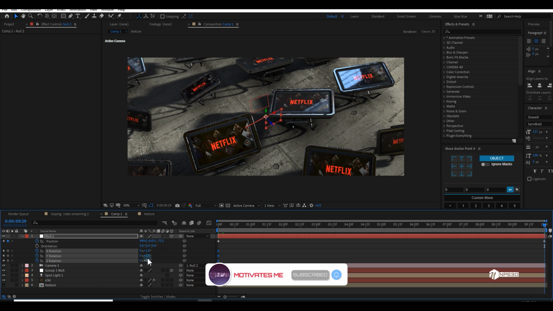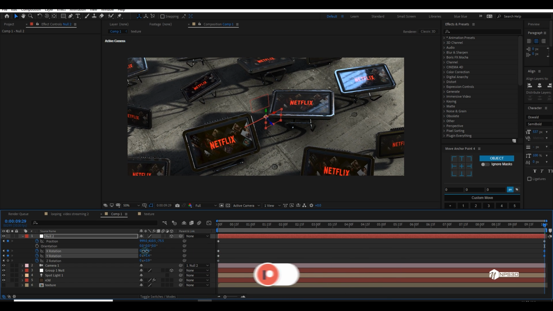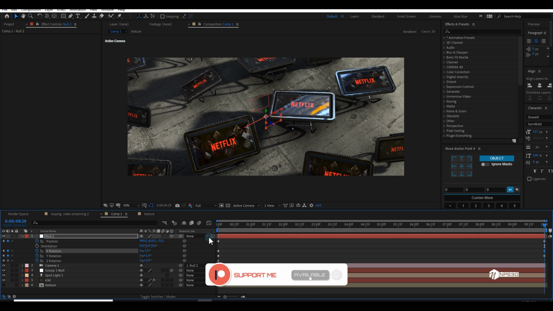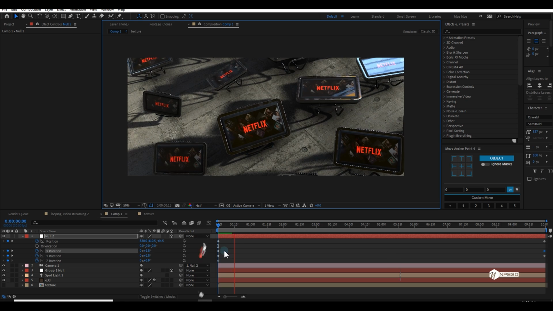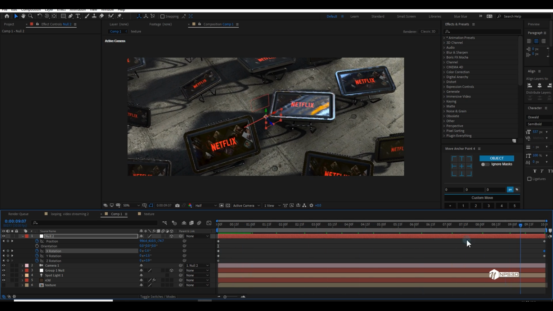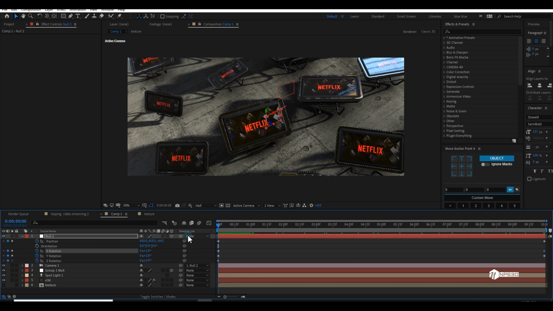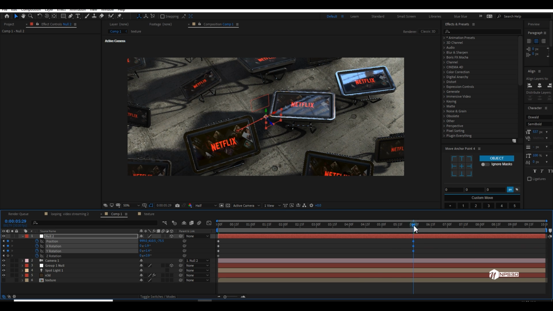If I make it half, you can see normal and camera animation. So 10 seconds is very high, so maybe I will make it 6 seconds. I made 6 seconds for the original one also.